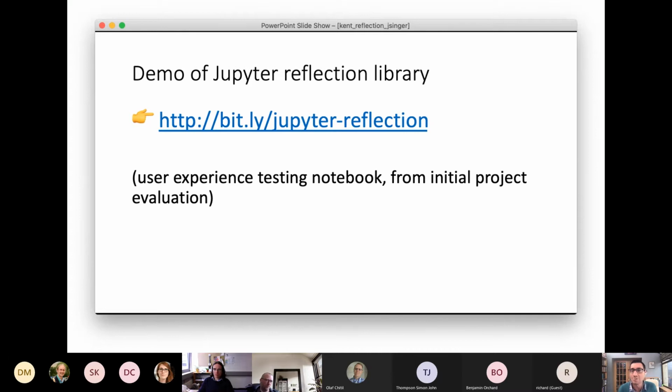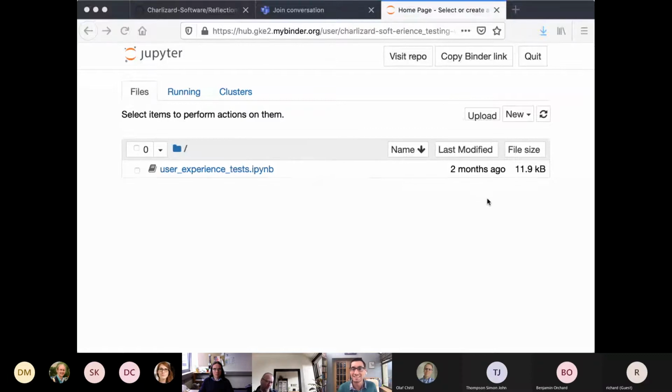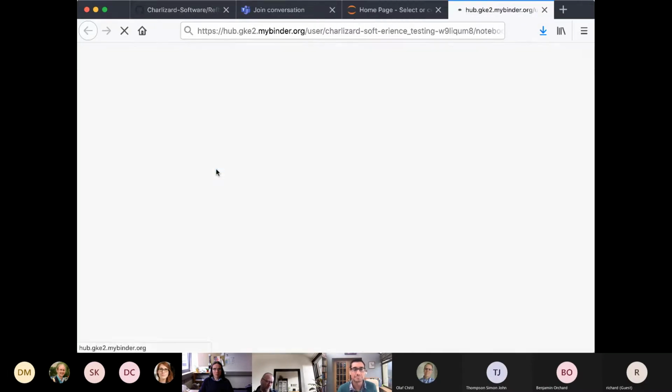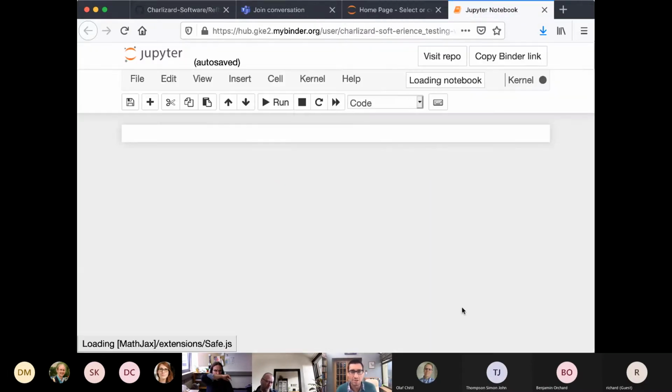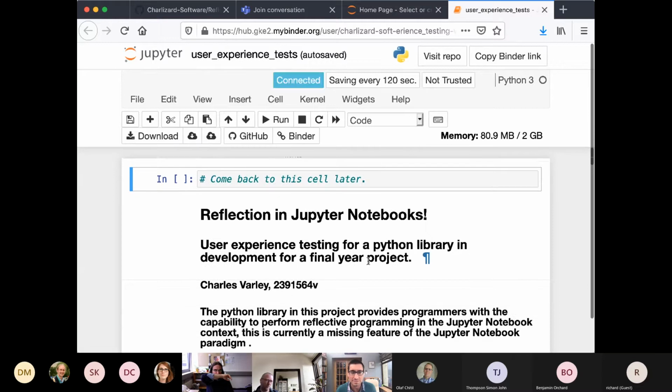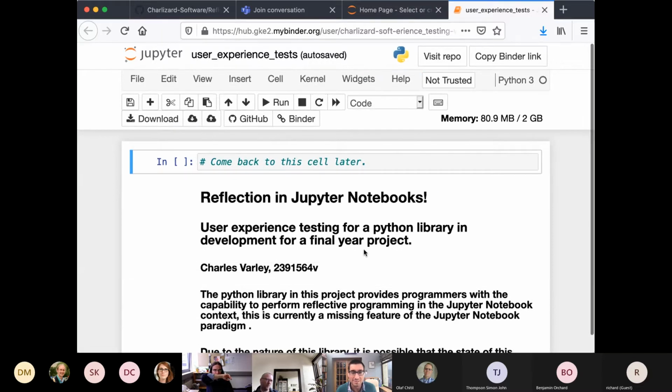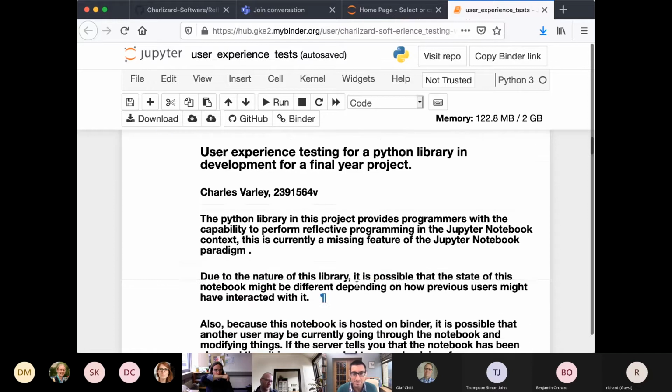Right. So I'm now going to stop sharing my PowerPoint, if I can work out how to do that. There we go. And instead share a notebook with you. Let's see if I can find one here. Yes, here I think. Good. So this is running on Binder Hub. Hopefully it should work. Right, so there's the student there, Charles. He's doing lots of exams at the moment, poor fellow.